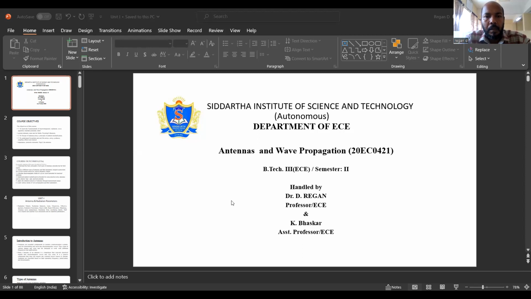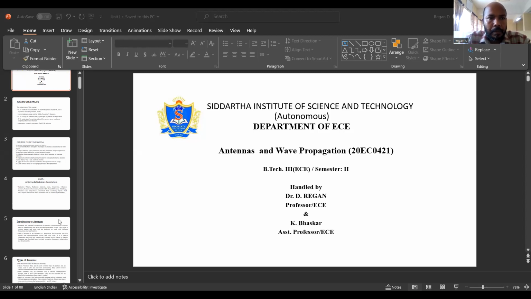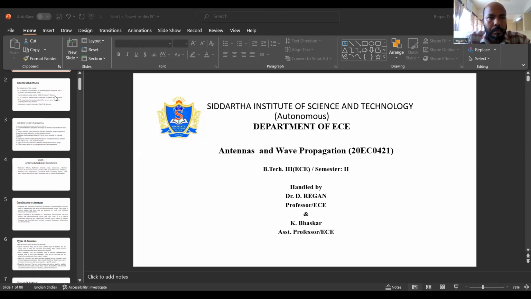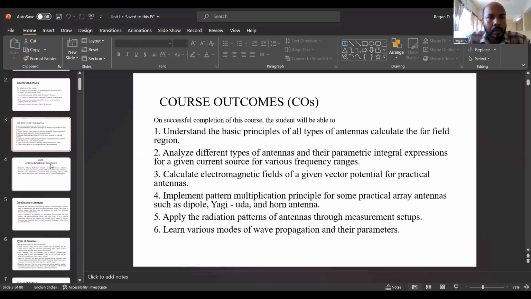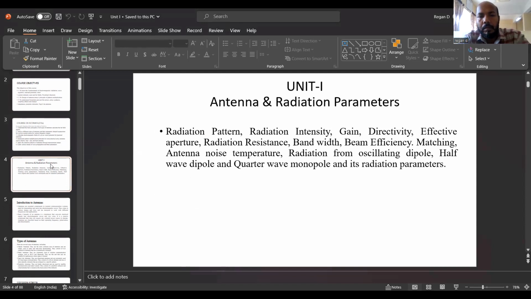Hello students, today we will discuss unit 1, antenna and radiation parameters. In unit 1 we will learn about different antenna radiation parameters. Those parameters are